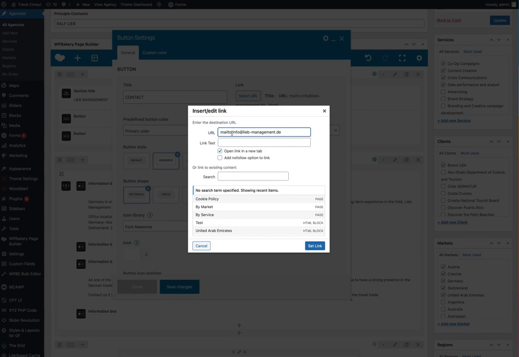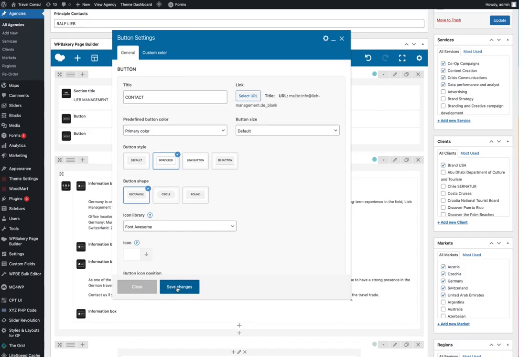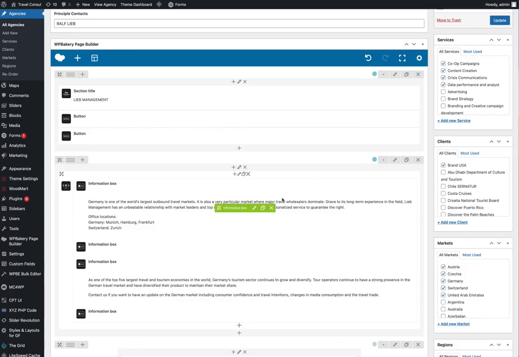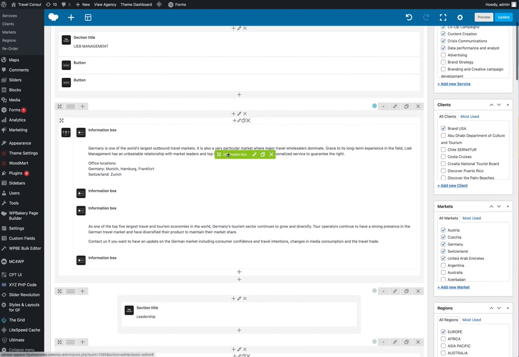So that should be there. But if you do need to reference it, you can view that particular intro section on any of the agency pages in the back end. So any changes to the email address itself can be made here, and then click Set Link, and then Save Changes. And as we go down to the next section, this is now the slideshow element. So if I show you that on the public site,